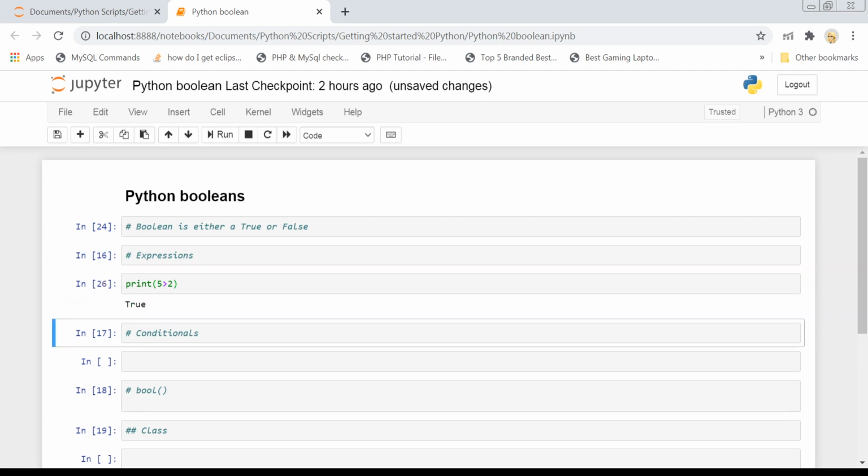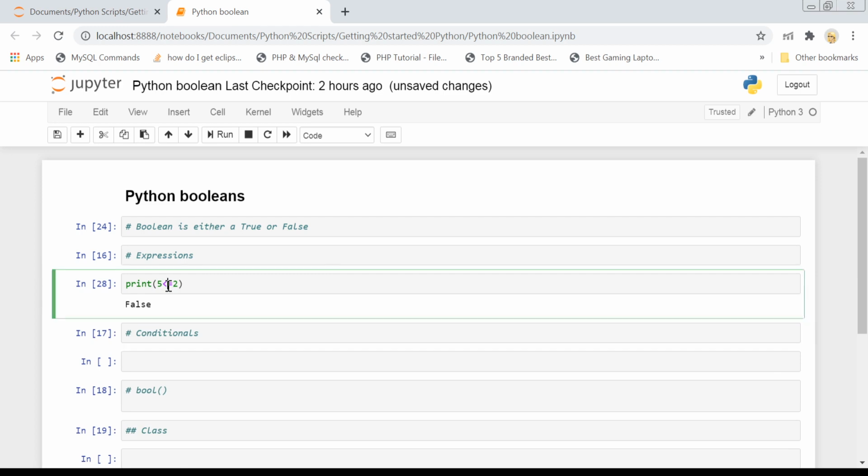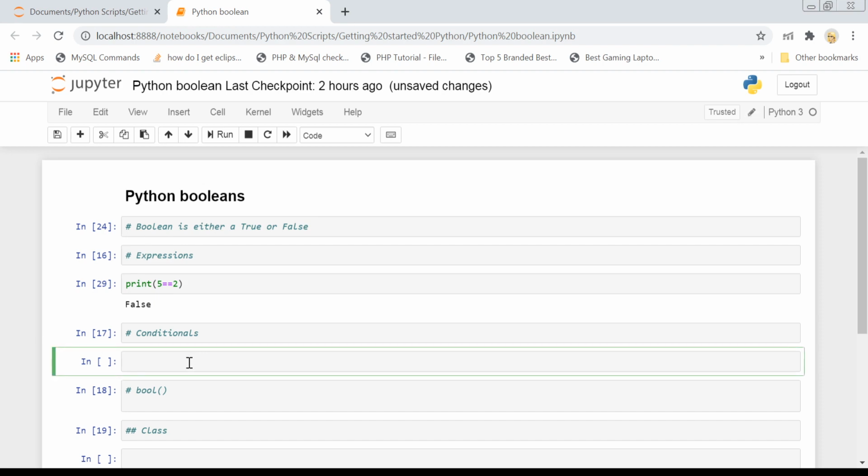You can see that 5 is greater than 2, and that's why we get true. Whether you use greater than, equal to, or less than or equal to, you will have either a value false or a value true.